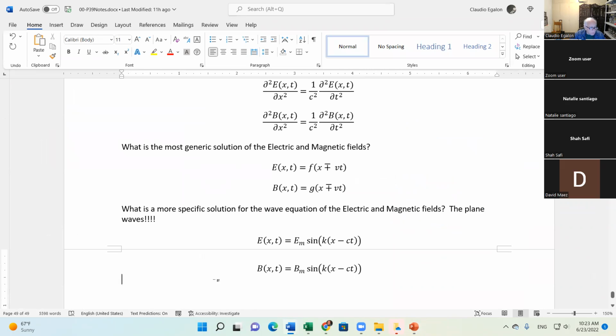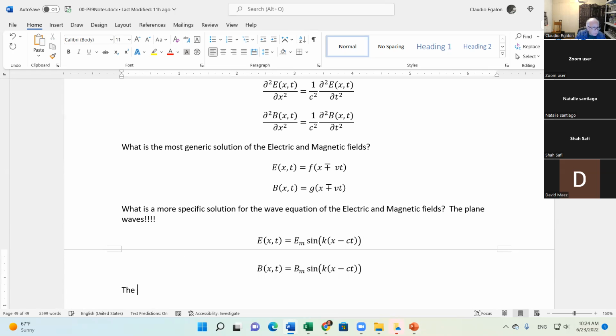Okay, so what can we do now? Okay, so we would know what k would be. We already know what c is. And k again is going to depend on the frequency of your circuit. x and t are independent variables. What we do not know is the magnitude, the amplitude of the electric and magnetic fields. We do not know that.